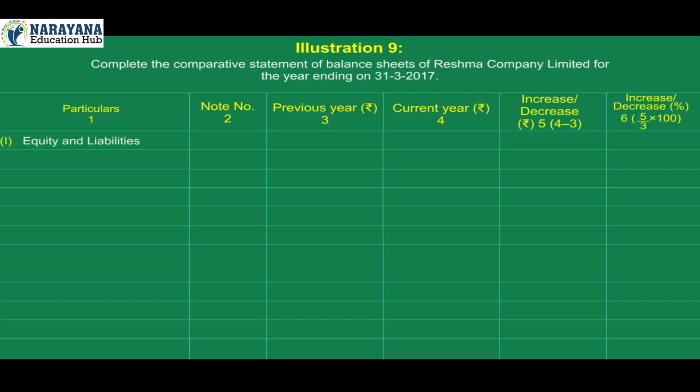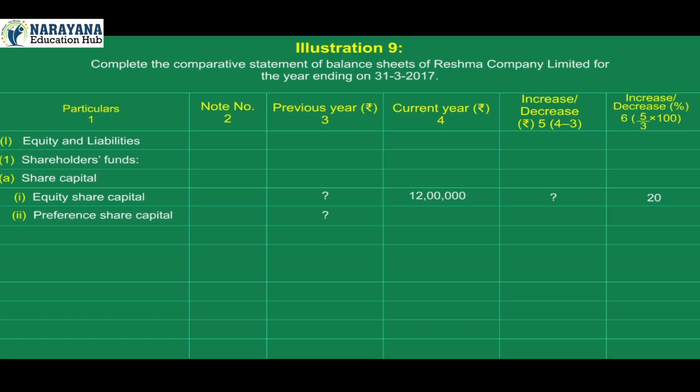Number 1. Equity and liabilities. 1. Shareholders funds. A. Share capital. 1. Equity share capital, question mark, 12 lakh, question mark, 20%. 2. Preference share capital, question mark, 10 lakh 50,000, question mark, 50%. B. Reserve and surplus, question mark, 5 lakh, question mark,